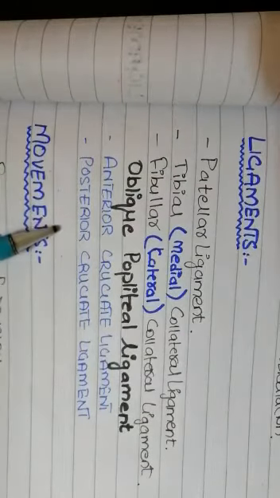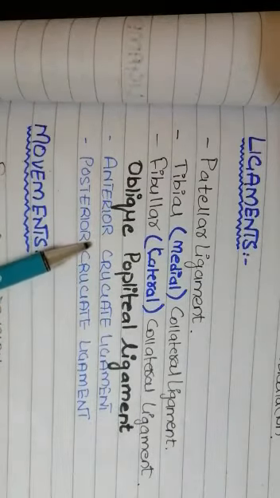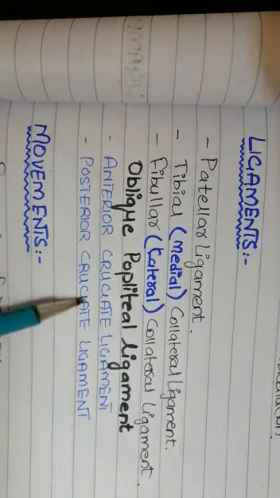The anterior and the posterior cruciate ligaments, cruciate meaning crisscross ligaments, are attached in such a manner that they form a crisscross section of ligament and are present on the anterior side and the posterior side of the knee joint. We are going to see these two ligaments by a diagram.